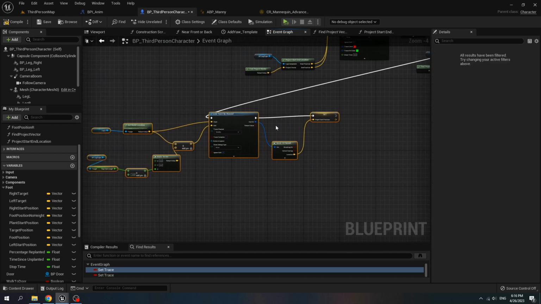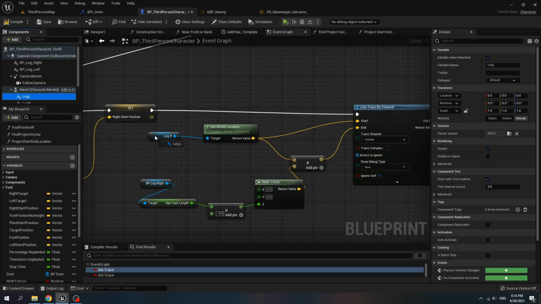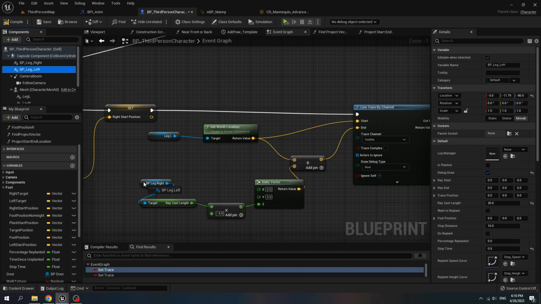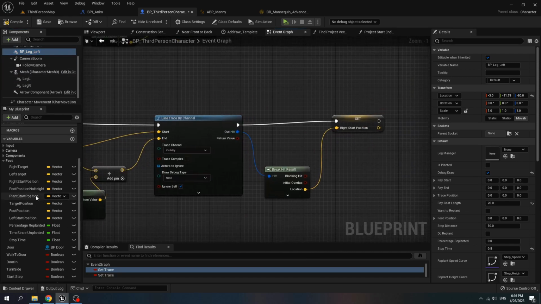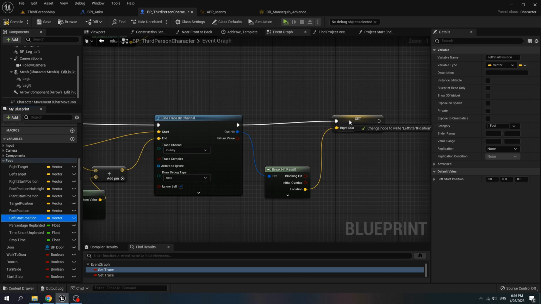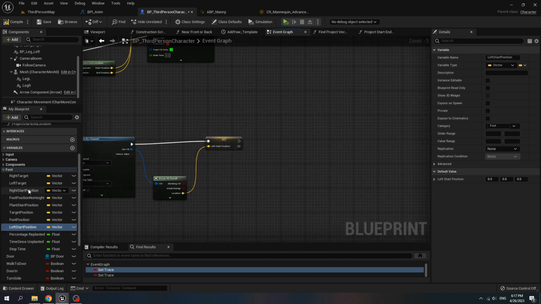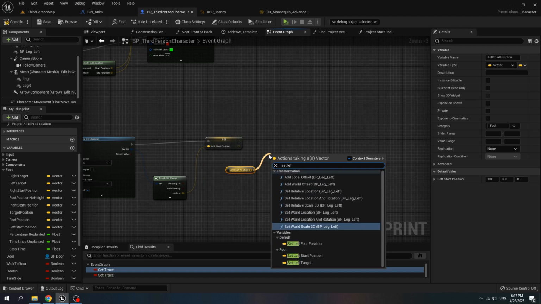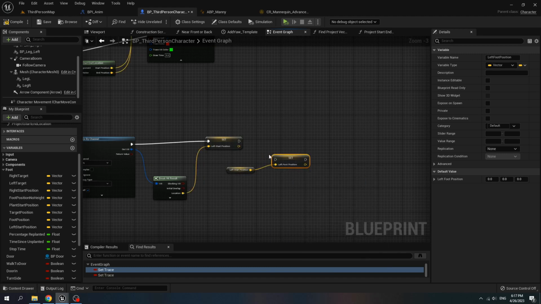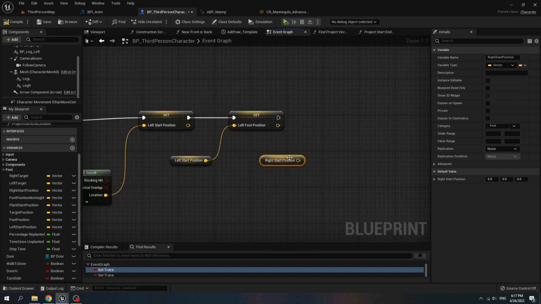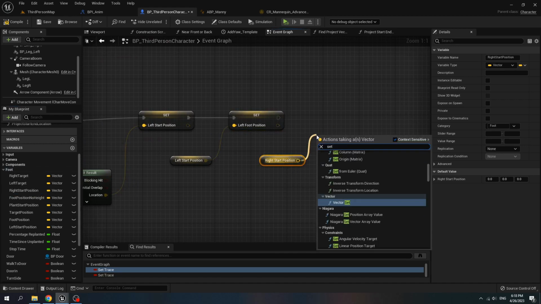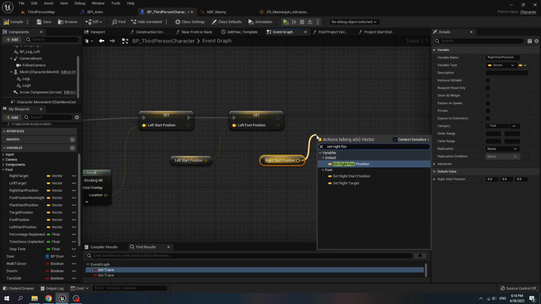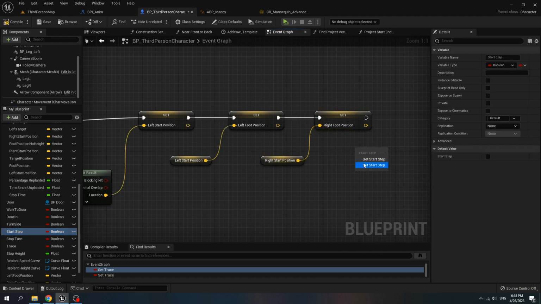Copy this and paste it, set leg L and get BP leg left. For the result, set it to left start position, get left start position, set it to left foot position, get right start position, set to right foot position and set start step to true.